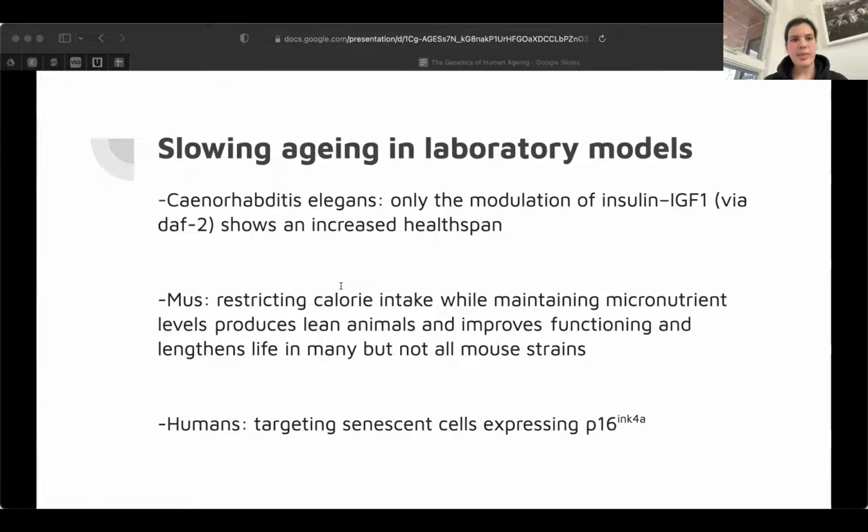C. elegans. And so next, in mice, it was noticed that dietary restriction increased longevity, and this was in part because the modulation of IGF-1 and other growth factors was controlled by that sort of caloric restriction and micronutrient regulation. And so this affected not only IGF-1, but also mammalian target of rapamycin, or mTOR, and ribosomal protein S6 kinase, which is a signaling pathway also involved with growth factor control and regulation.